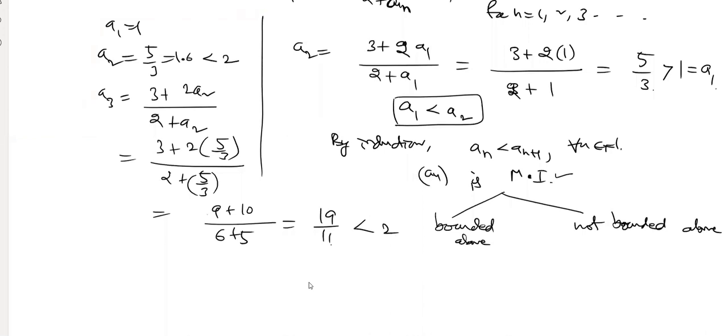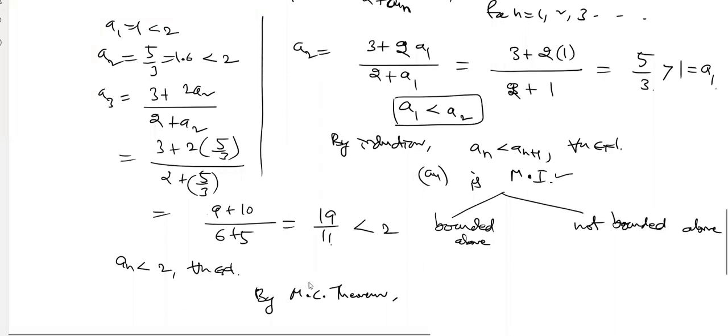So again, what you observe is that A1 is less than 2, A2 is also less than 2, A3 also less than 2. Therefore, by induction again, An is always less than 2 for every n. Therefore, this is monotone increasing and bounded above. So therefore, by monotone convergence theorem,